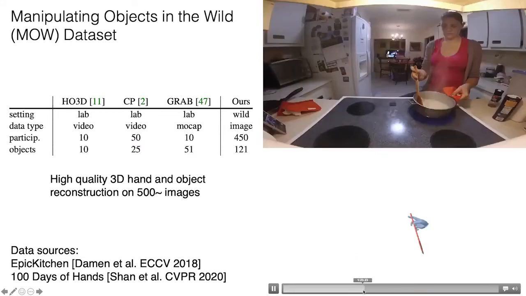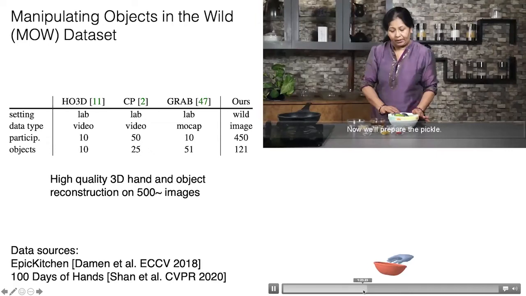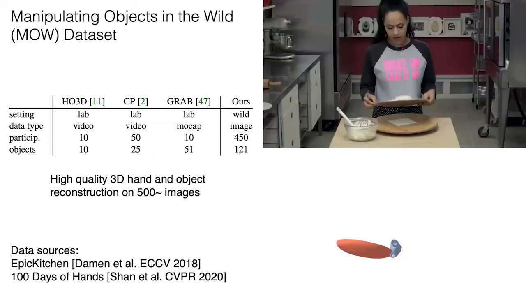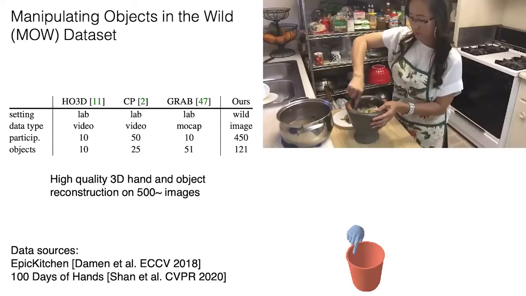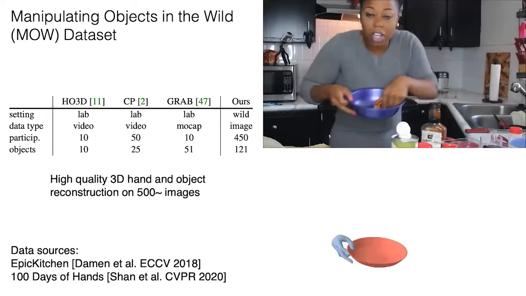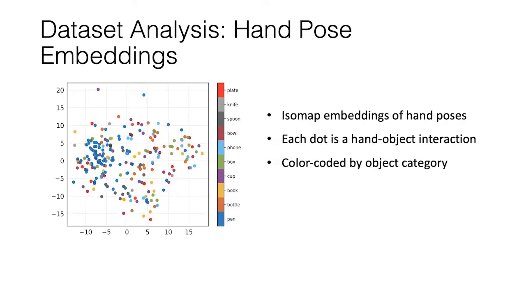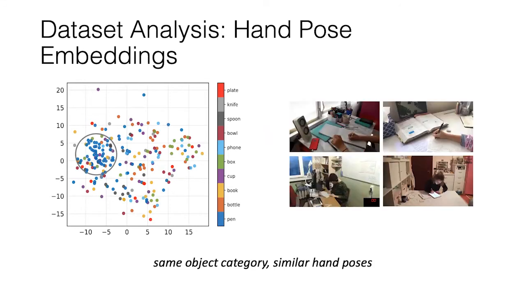Yeah, we can watch this video for a very long time. Okay, and one interesting thing that we can do from this is to analyze the hand pose relationships in these image collections. This is an isomap embedding of hand poses using only the hand pose, not the object. And we can see very interesting properties of this data, which is that